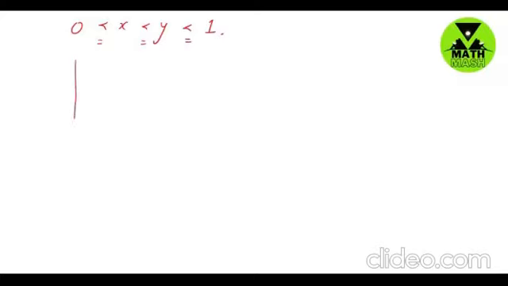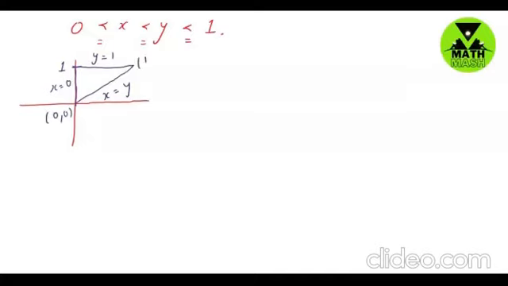Suppose this is our y-axis and this is the x-axis. The line x is equal to 0 is this line. Then we have x is equal to y, it is this line. And then we have y is equal to 1, if this is 1 on the y scale, so this is the y is equal to 1 line. This is y is equal to 1, this is x is equal to y, and this is the x is equal to 0 line. The corner points are (0, 0),